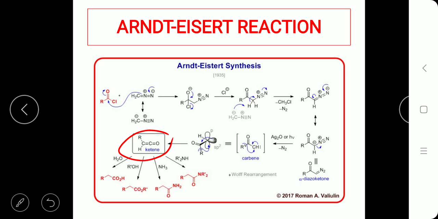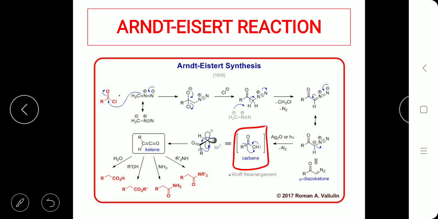This is nothing but directly what has been shown with the hybridization, that is, the orbital arrangement here, the molecular orbital arrangement. If you want, you can write this, or else directly from the carbene you can show the electron pair movement, and then this is going to give rise to the ketene. So I hope this is clear. Here at this point there is the rearrangement. It is similar to the Wolff rearrangement.